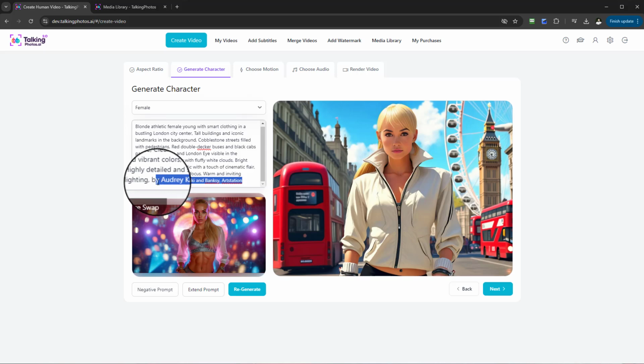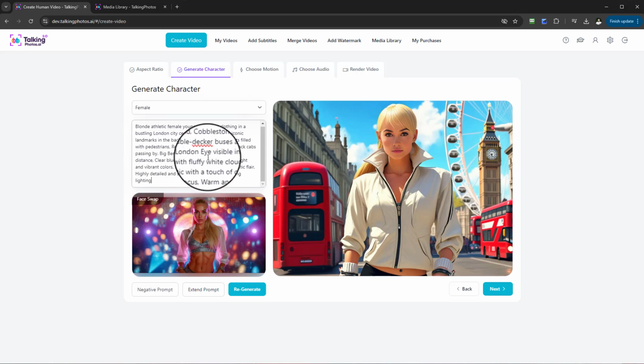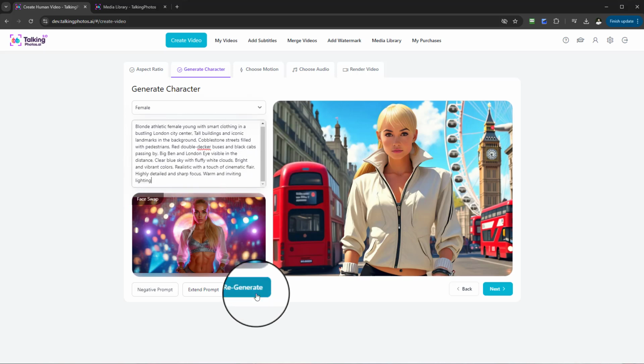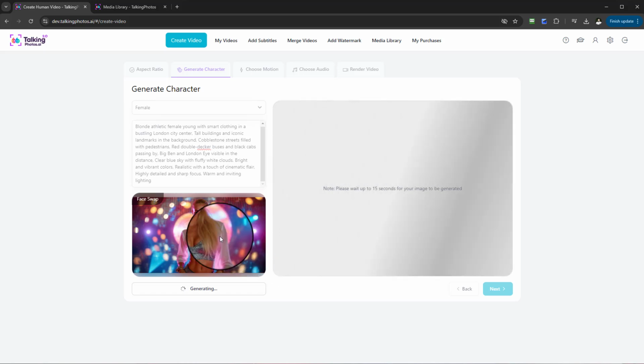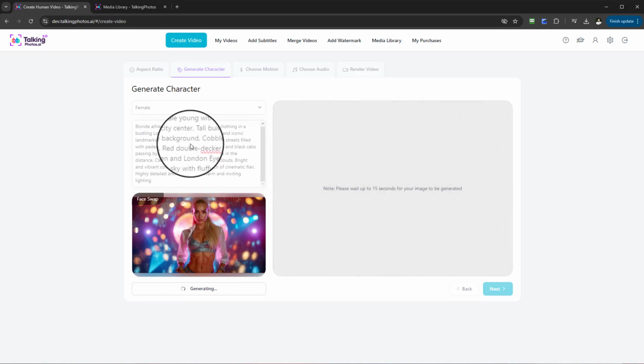Okay, let's remove Banksy. Okay, let's see if there's any cartoony effects. No, let's go ahead and regenerate. So you can see we've already got 2-3 versions already now. We'll give that a few moments and then we'll proceed to the next part of the process of Talking Photos